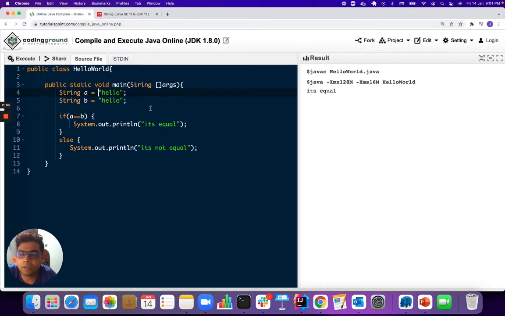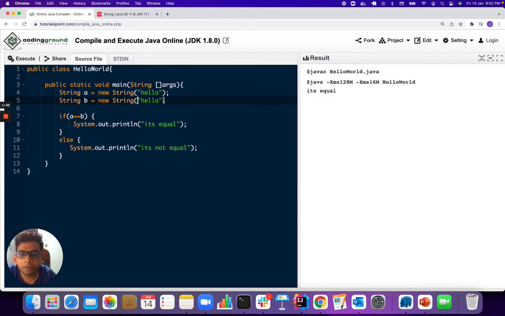Now it is equal, but if I use new String here, and for this also